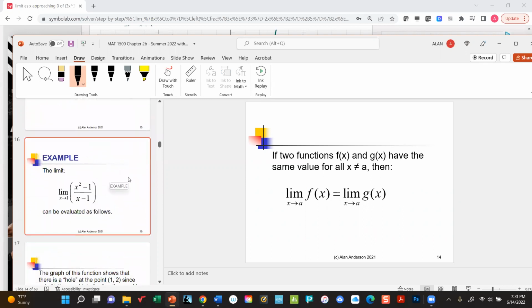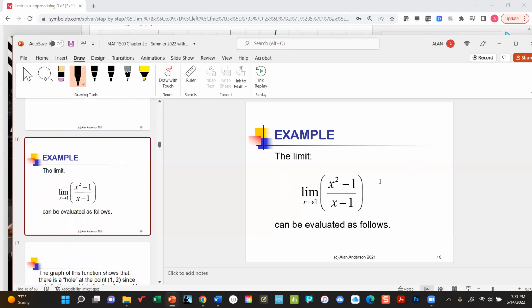Let's take a look at an example. By the way, in a lot of results in calculus, they may have names attached to them. I don't think this one does. You might know from having previous math classes, we have theorems and we have lemmas and all these different results. I don't think this one has a particular name, but let's take a look and see how this will work. So we'll start with this function,